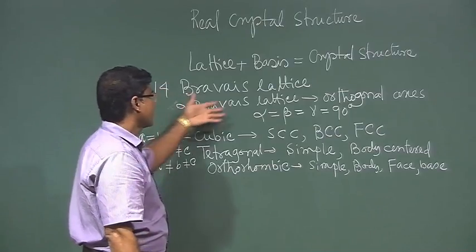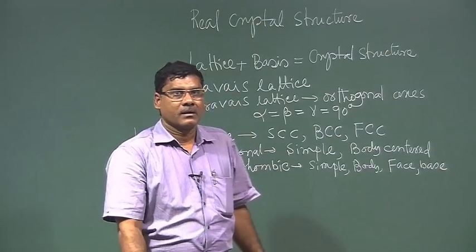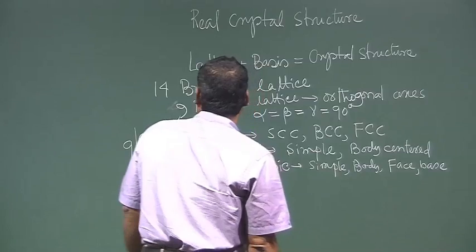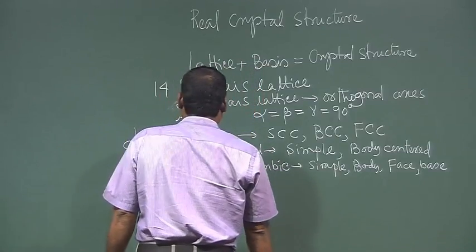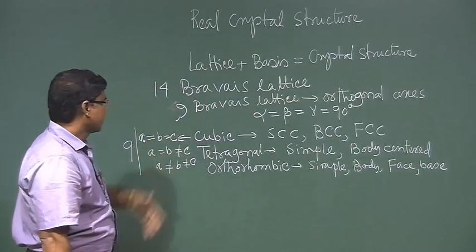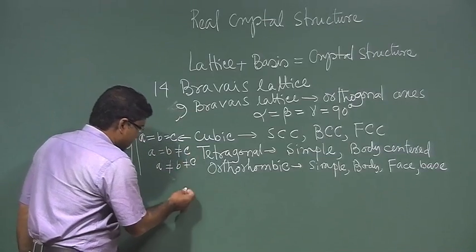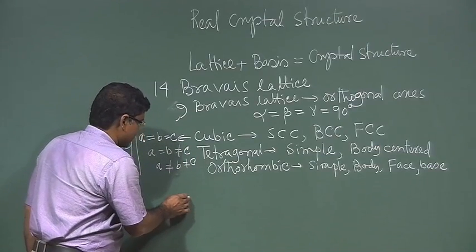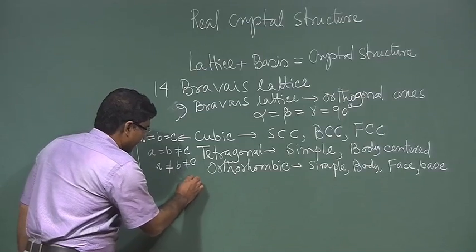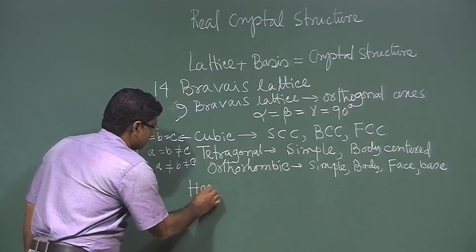Out of 14, a total of 9 have the orthogonal axis system, and then we have the other crystal systems, such as hexagonal,